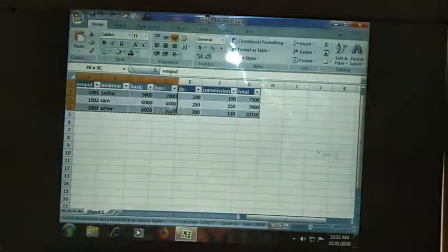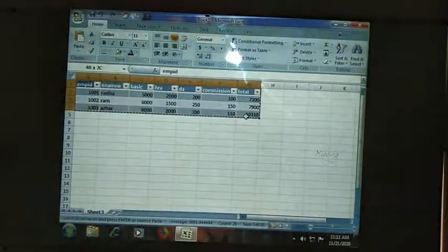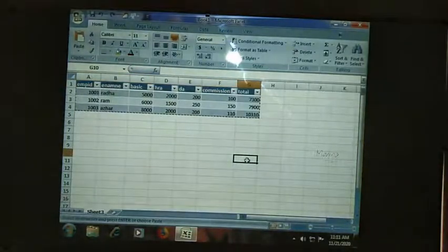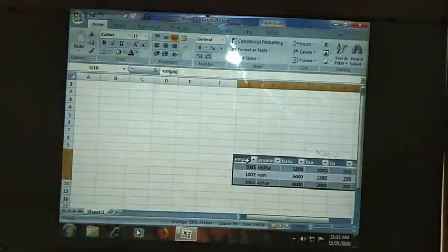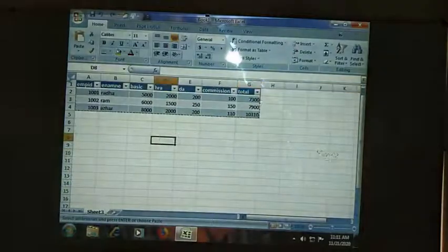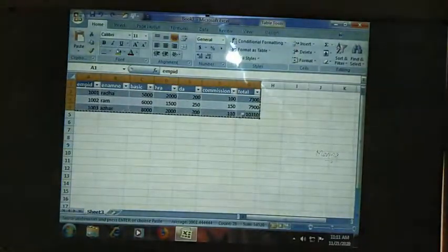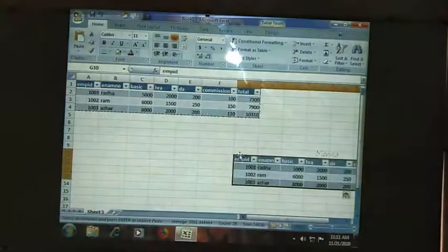Click from your first cell to the last cell, and after the selection, press Ctrl X, that is cut. After that, place your cursor where you want to have your table, then Ctrl V. Ctrl X is for cut, Ctrl V is for paste. I hope it is clear how you are moving the content of your cells. If you are using copy, then it will just copy the content. Just select this and Ctrl C and Ctrl V. Like this, we will have a copy of the table.